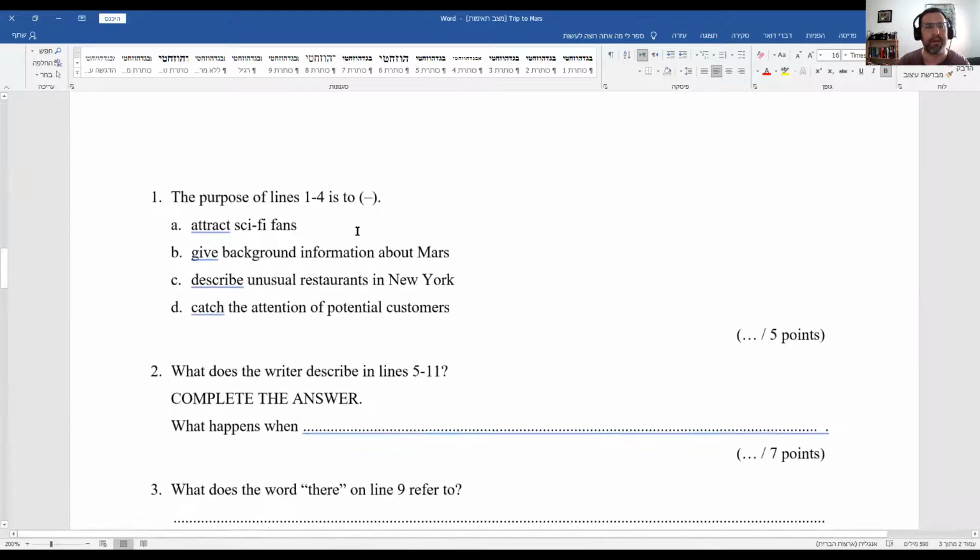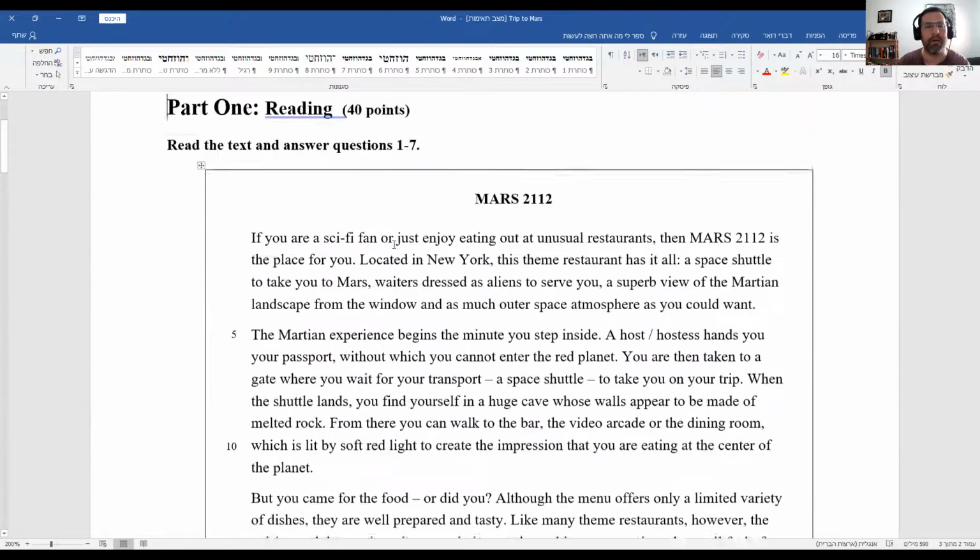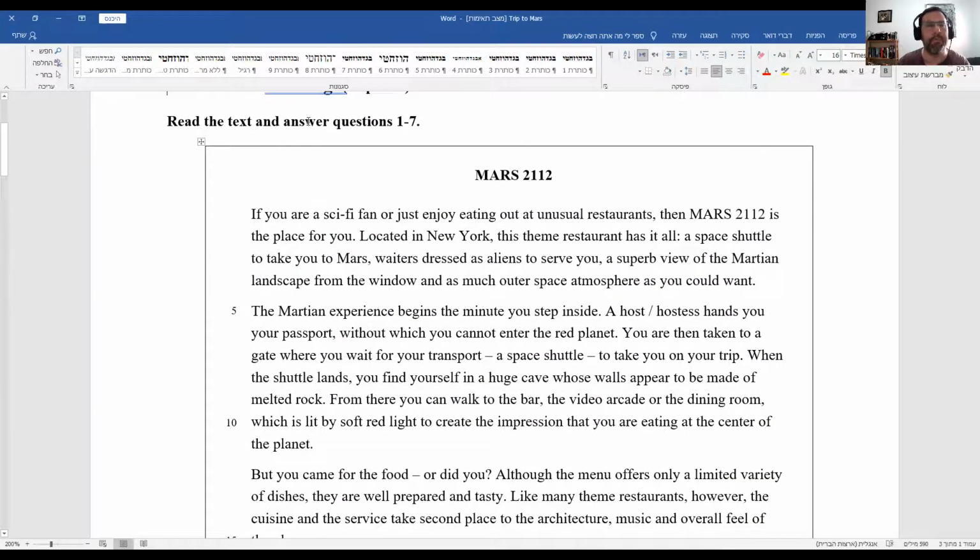So what I do here is I go up to lines 1 through 4, and I go like this. And I said question number 1 is here. And before you wrote the main idea of one here. The next thing you're going to do, of course, after you do that,